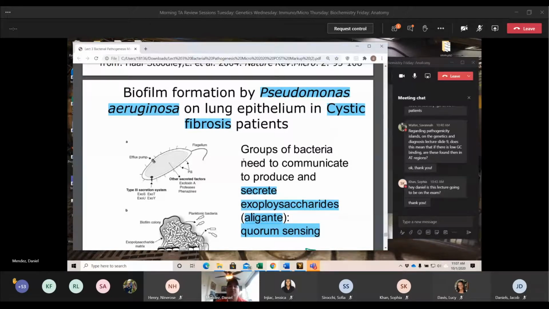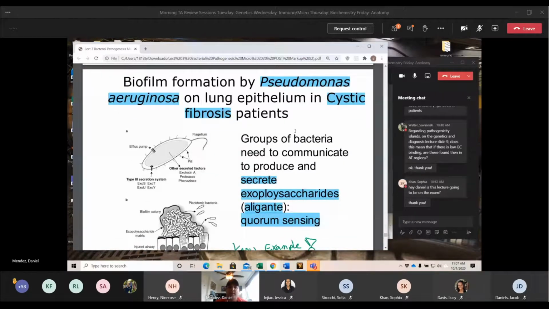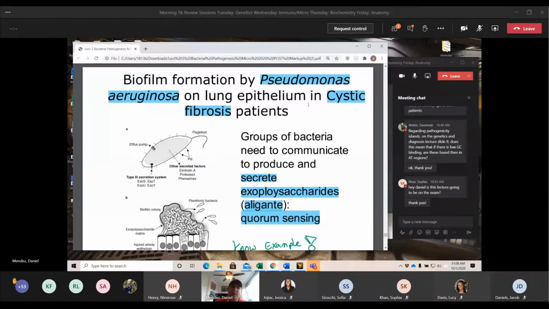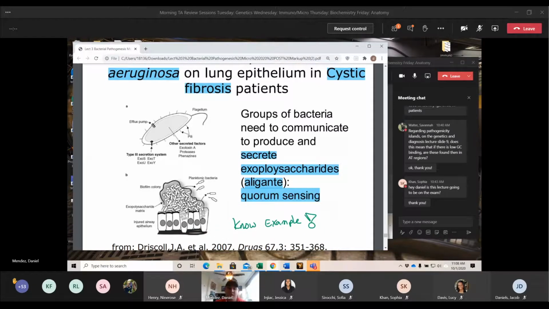So Pseudomonas aeruginosa, this is a bacteria that can create this biofilm within the lung of cystic fibrosis patients. This is pretty important because already cystic fibrosis leads you to higher chances of infections. And then once you get this biofilm formation from Pseudomonas aeruginosa, which, by the way, this bacteria is found throughout all of the soil in the United States, in Florida for sure, some colder environments not as much, but this is found in soil. Once you get that biofilm, it's very, very hard to treat because antibiotics won't work. Your immune system will not respond to it. So it's very, very hard to even consider treating this biofilm.